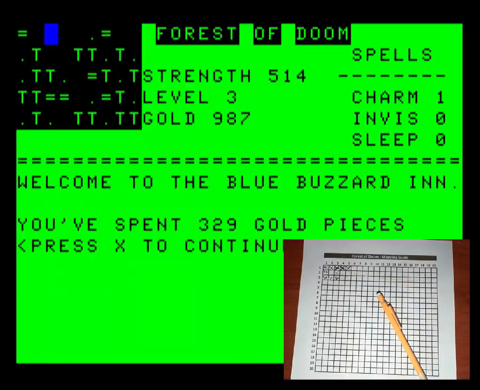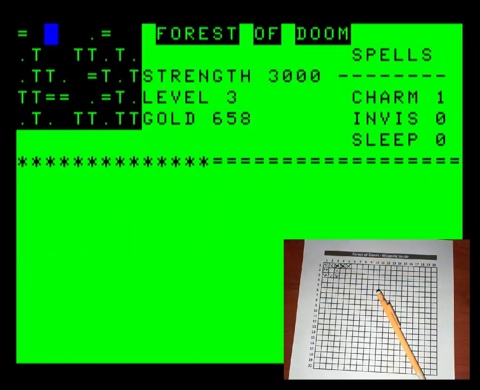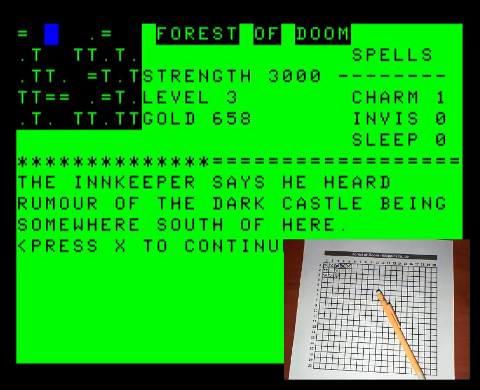The Blue Buzzard Inn, 329 gold pieces. Wow, that's pretty steep. That's a third of my gold. See if he has any tips for us. Well, we already know that. The Dark Castle is south, and